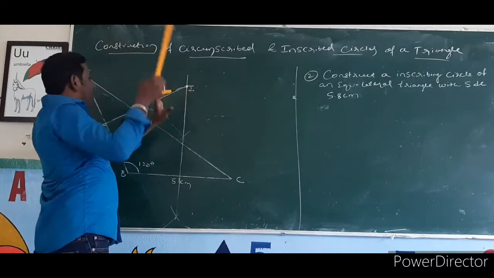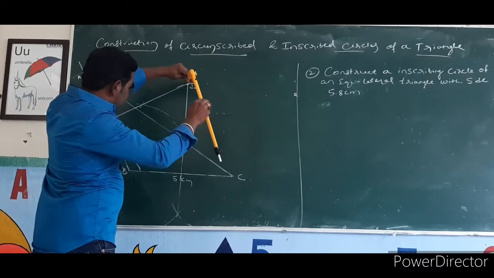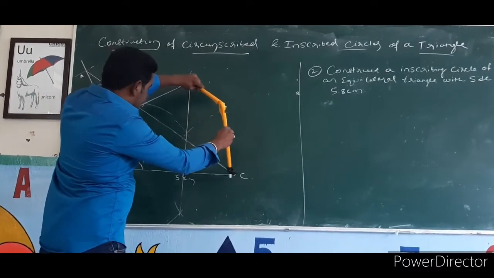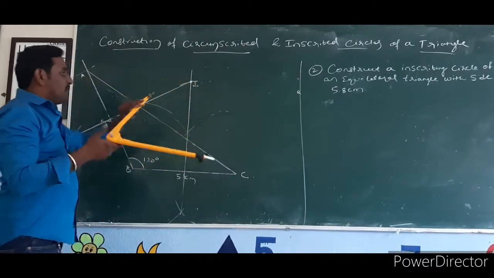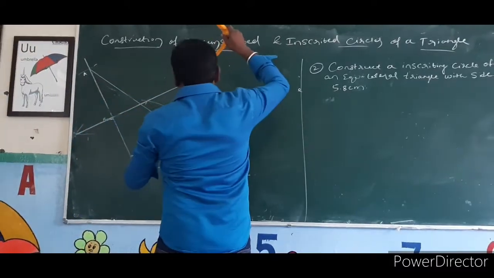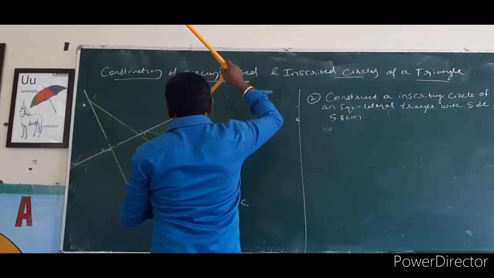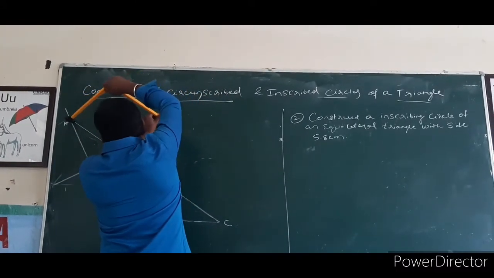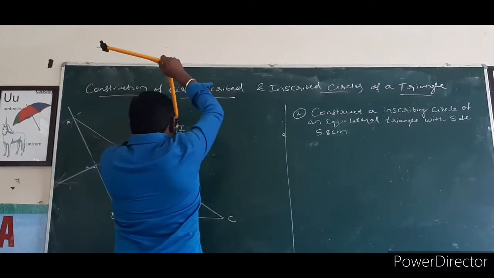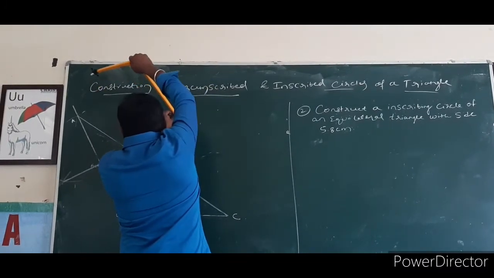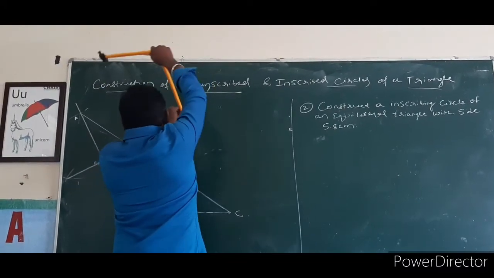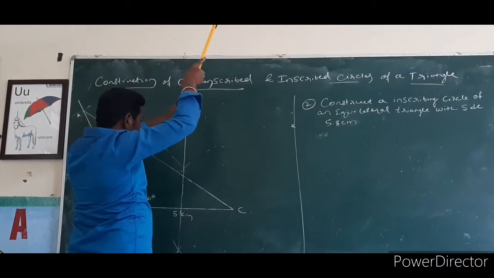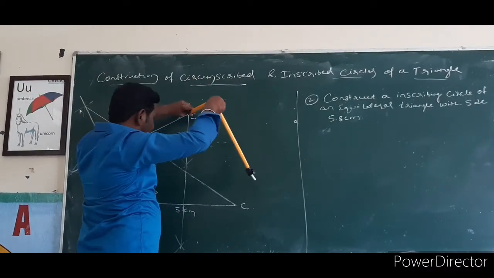So here A. You can check, here touching C, here touching B. From this point I, after taking the radius to A, B, C, any vertex of the triangle, the circle will come. So if you draw a circle,